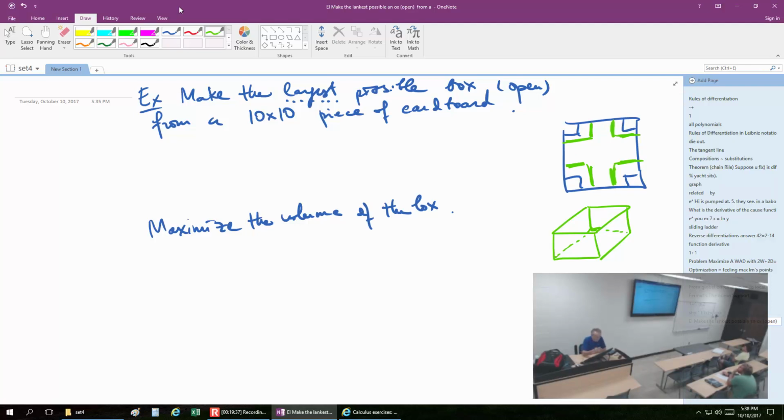So what is the parameter? There's only one variability, because it has to be a box, the height of each of the flaps that we're cutting from the square should have the same height. Okay, so let's